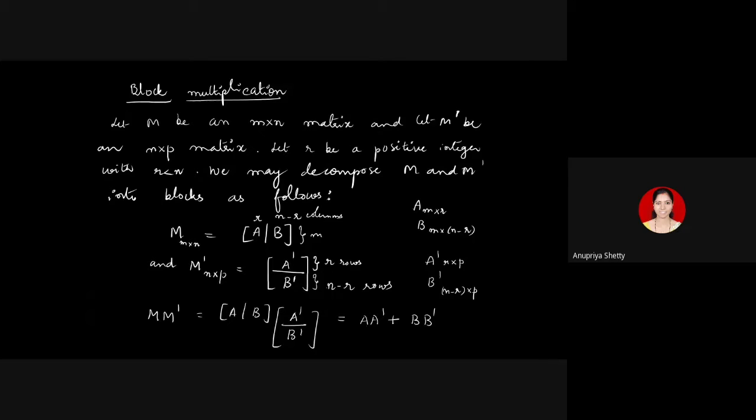As I said, if the usual method of multiplication, the rule that you already know for multiplying two matrices, comes out more handy, then you can use that itself. You don't have to go for block multiplication. Only when block multiplication makes matrix multiplication easier, only then you use this. Otherwise, there is no point in using one more new method. Whenever we come up with a new method, that should always make your work easier. If it is making your work complicated, then what is the point in using that, right?